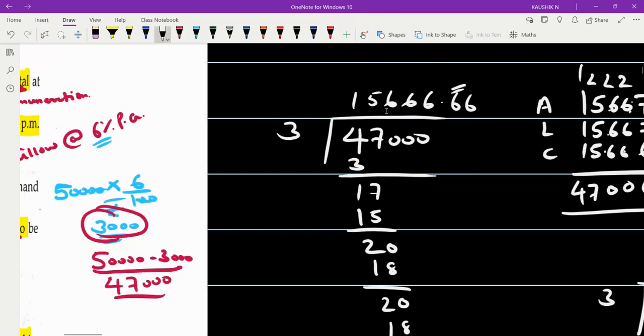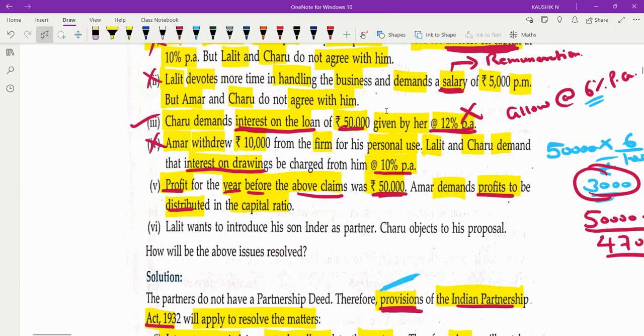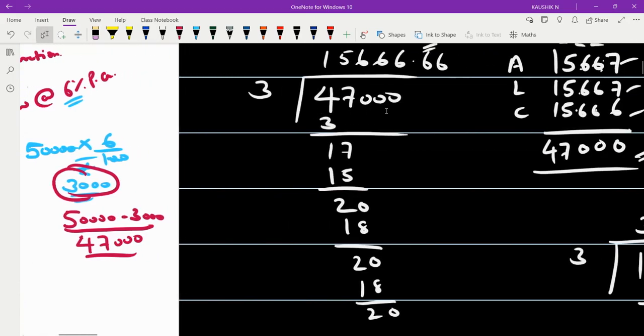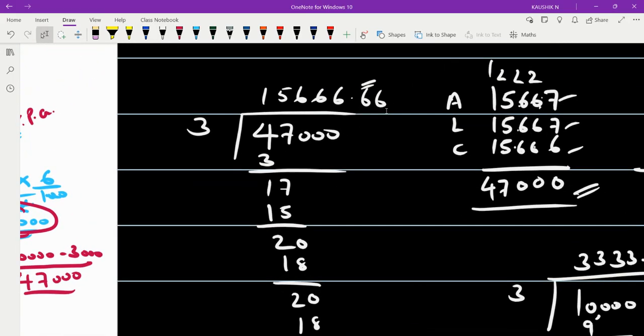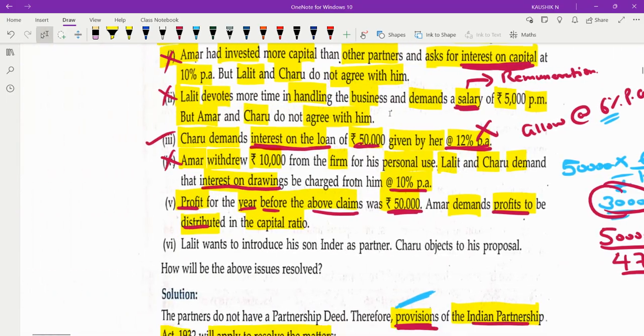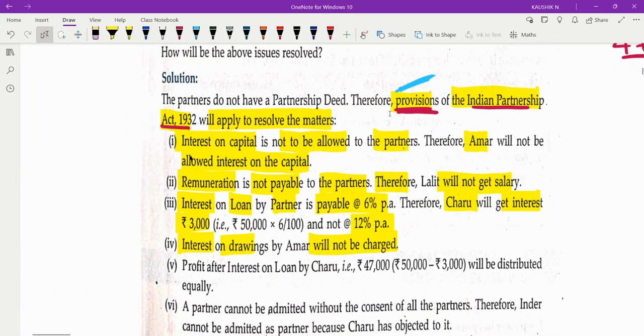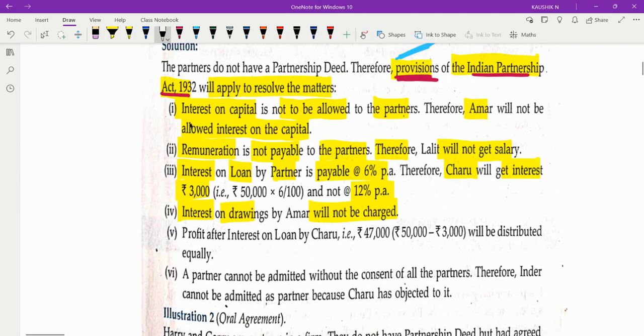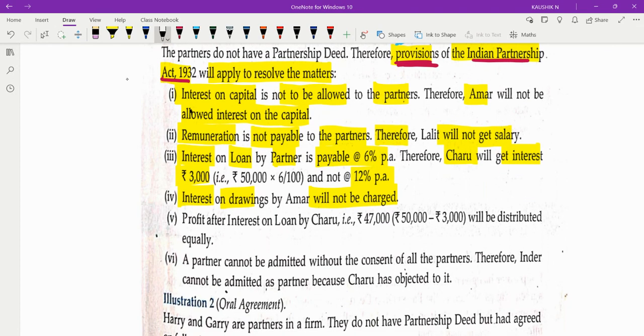அப்போ இந்த ப்ராப்ளம்ல, you should not just give a statement alone. The profits will be distributed equally அப்படிங்கிற ஸ்டேட்மெண்ட்டோட நிற்கக்கூடாது. அந்த 47,000 நம்ம டிவைட் பண்ணோம்னா, Amar will get 15,667, Lalit will get 15,667, and Charu will get 15,666 rupees என்கிறத நம்ம மென்ஷன் பண்ணி க்ளோஸ் பண்ணணும். Even though here they are not done in such a way, they are just mentioned as profits will be distributed equally, அதோட நிற்கக்கூடாது. We need to show in this way so that the evaluator will not find any chance to reduce our mark.